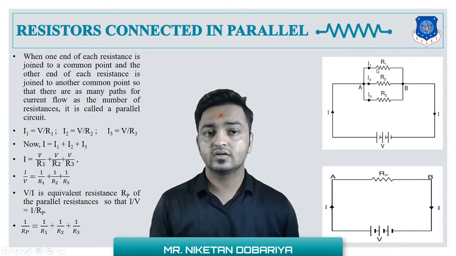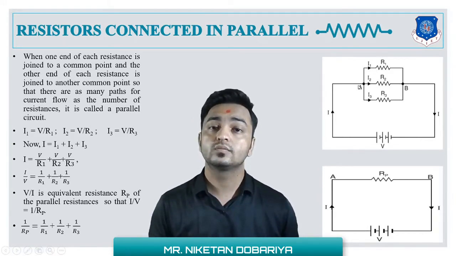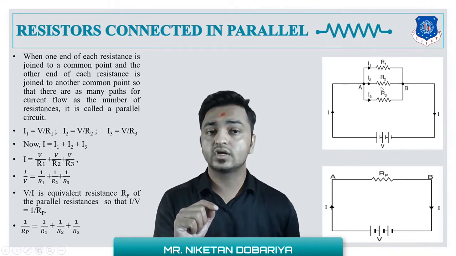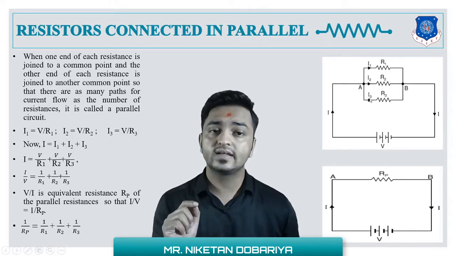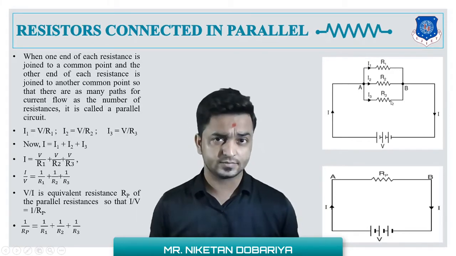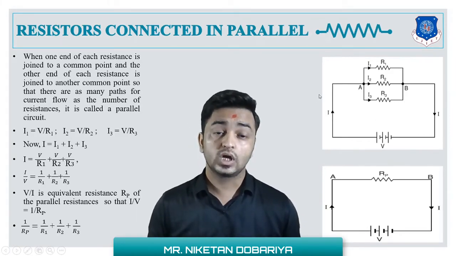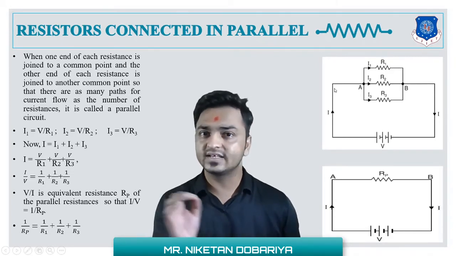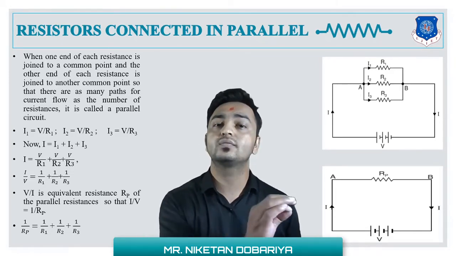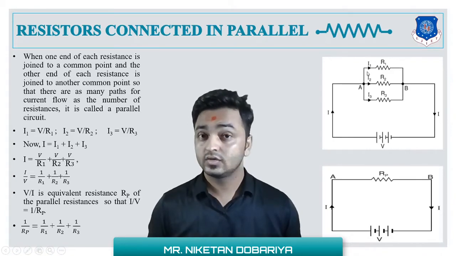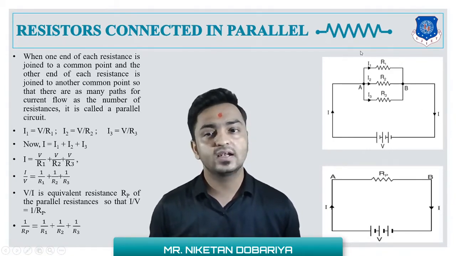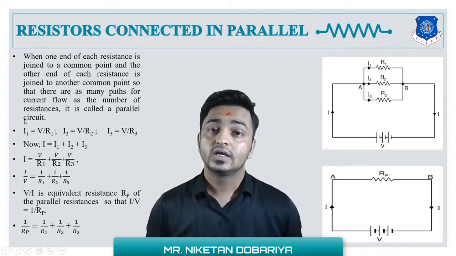As an example, if you observe R1, I1 current is flowing through R1, I2 current is flowing through R2, and I3 current is flowing through R3. So basically, whatever supply current is coming in at point A is dividing into three paths in this circuit. So let's find the equivalent resistance for this parallel connection, and for that,